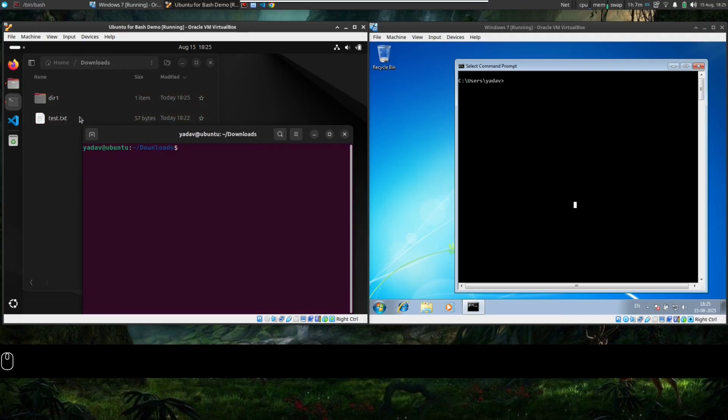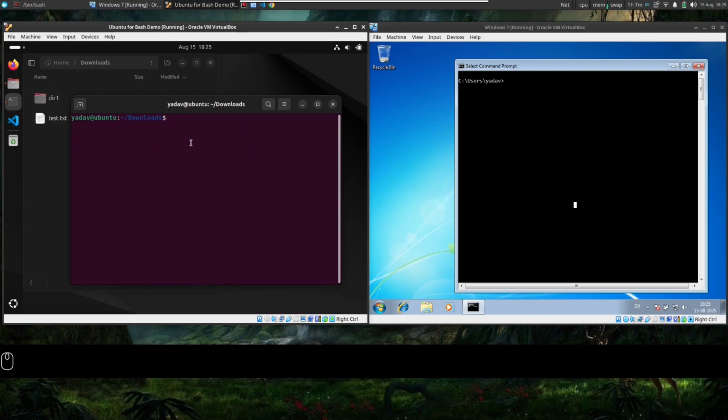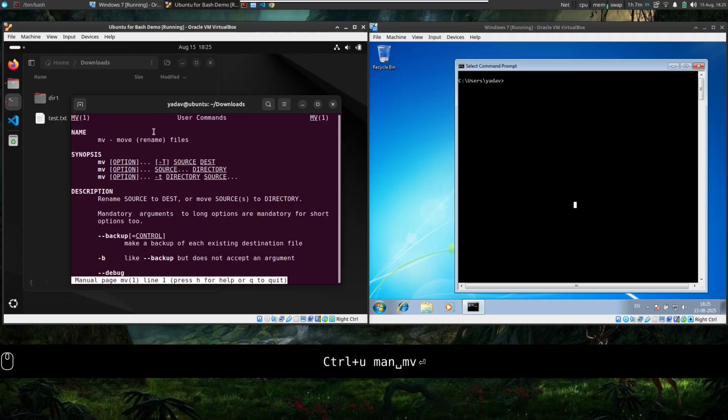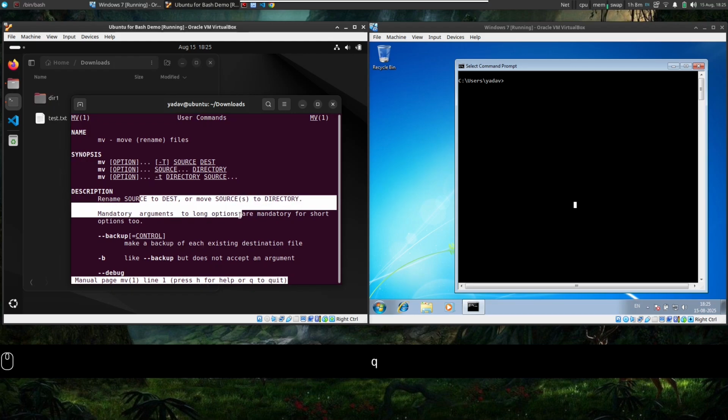How can I do the same thing of moving a file from one location to another using the terminal? I can use the move command, mv. What is mv? Let us check. man mv. Move or rename. Renaming is essentially moving the file to a new name. Rename source to destination or move source to directory.